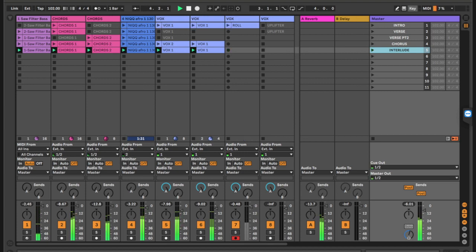Get it? I don't know if you get me. I don't know if you understand me. This is why it's so easy to use Ableton, especially for live performances. Know what I mean? So I'm just going to go ahead and...